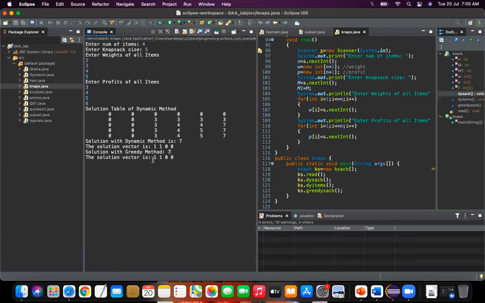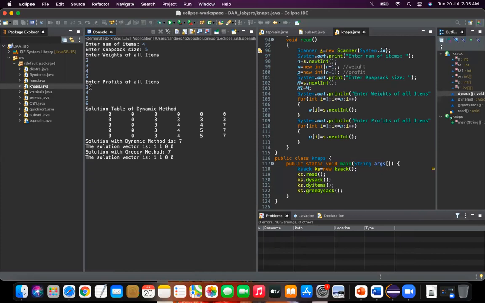Here also the solution vector is nothing but which items in the given list of items have been selected. 110 means the greedy method is also giving the same solution. That is, it has selected items 1 and 2. So using both methods, we are getting the same results.